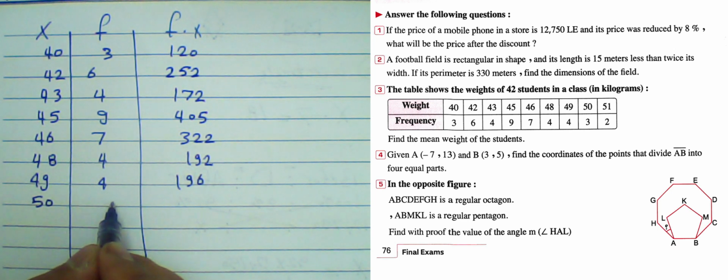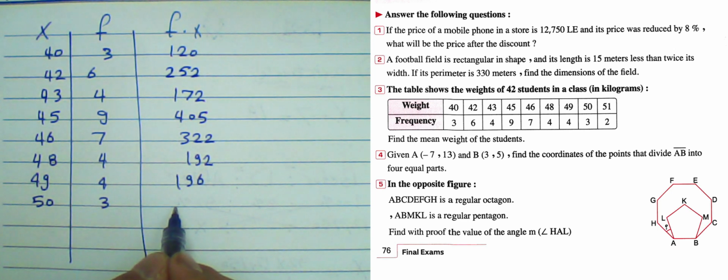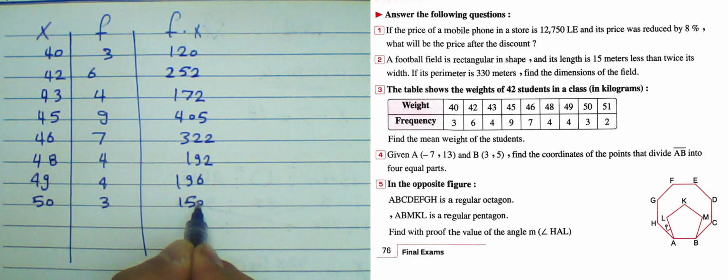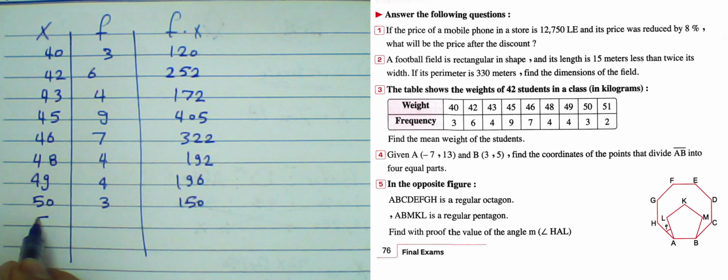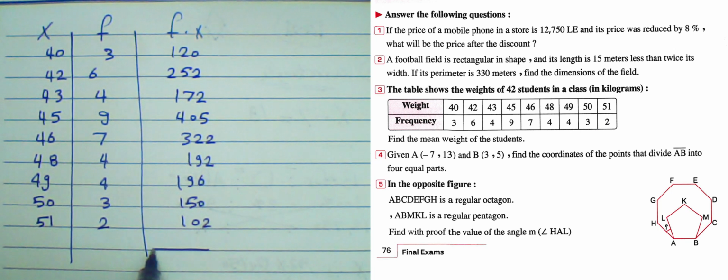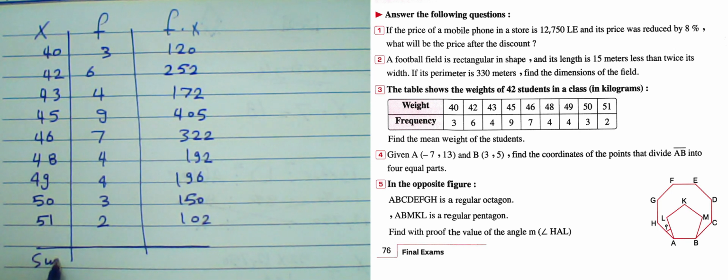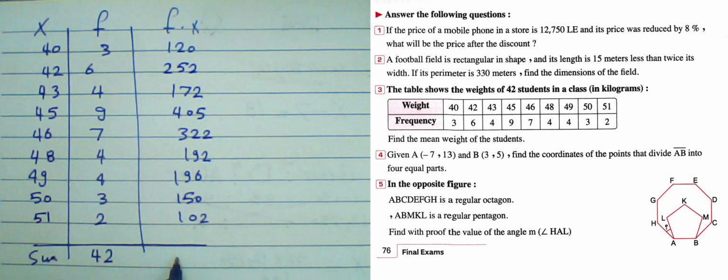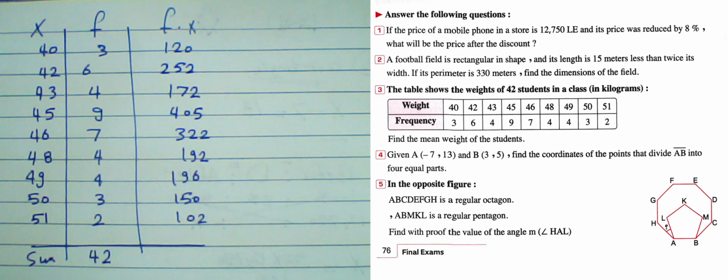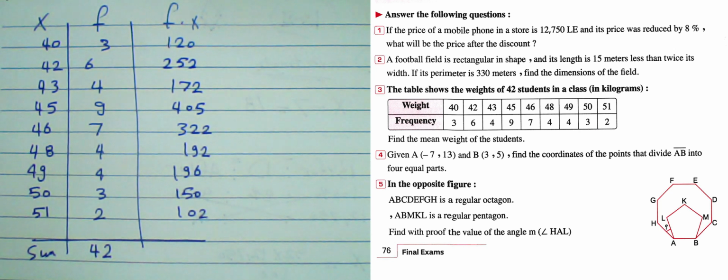50 product by 3, it will be 150. And 51 product by 2, 102. And then we must add all numbers here. Find the sum of f, it will be 42, and the sum of f dot x using calculator. The result will be